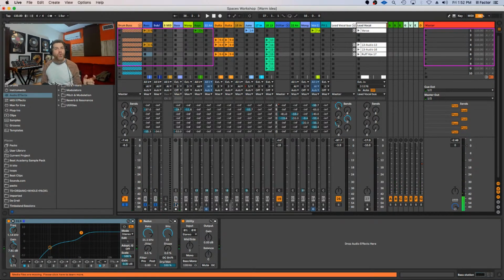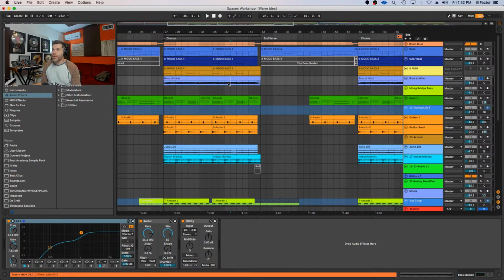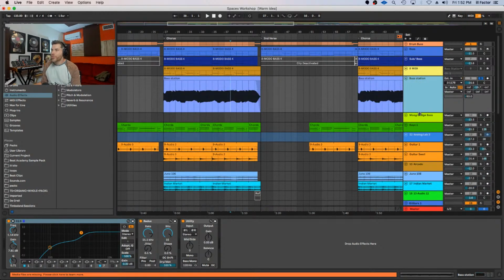Why am I adding that growl in there? Well, I don't know. I thought it'd be cool. But I really added it because I wanted tension to be created. I wanted tension to be created with the bass. As you can see, it starts to growl even more towards the end.